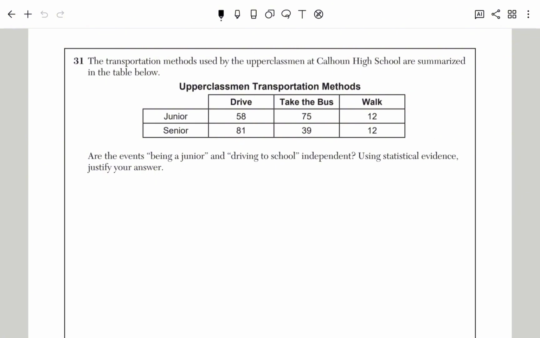Are the events being a junior and driving to school independent? Use statistical evidence and justify your answer. So when they're asking if two events are independent, there's two things that we can use. We can use either their intersection, which is basically saying that the probability of A and B happening equals the probability of A times the probability of B,